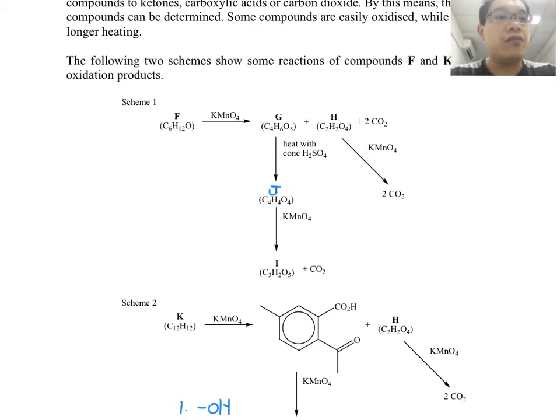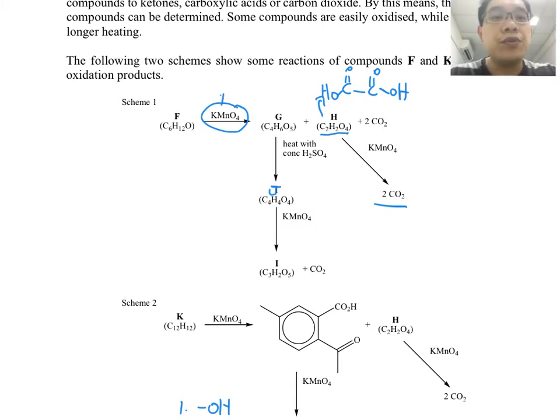So the first formula I need you to remember is C2H2O4. Whenever you see this molecule appearing, or this molecule has this exact molecular formula, I want you to be able to deduce that it is your oxalic acid. Oxalic acid is also known as your ethane dioic acid. This is another name, but you must remember, so this is the name and this is the formula, C2H2O4. Upon further oxidation, oxalic acid will give you CO2. There's a confirmation.